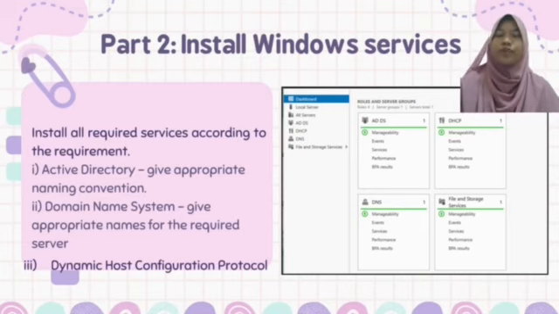And then give the appropriate name for the server. We use fintrust.com for the name of the server. And then third, Dynamic Host Configuration Protocol, which is DHCP. Install it to configure DHCP on the server and the PC. So I give